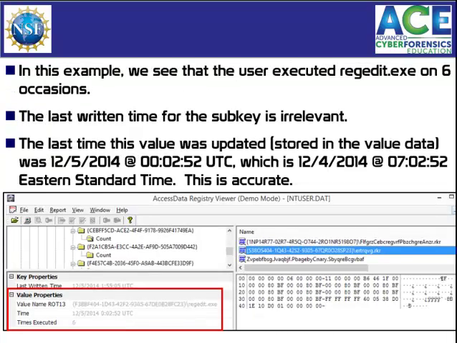In this next example, we see that the user executed Regedit on 6 different occasions. And of course, the last written time for the subkey is irrelevant, meaning the key properties that you see up here. However, we see that the last time that this value was updated, which is actually stored in the value data, was on December 5th, 2014 at 0002 hours and 52 seconds UTC,